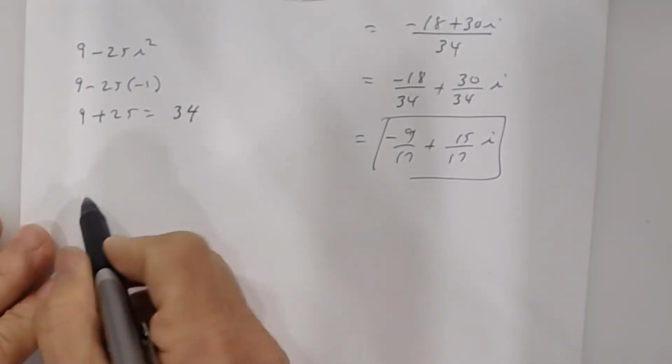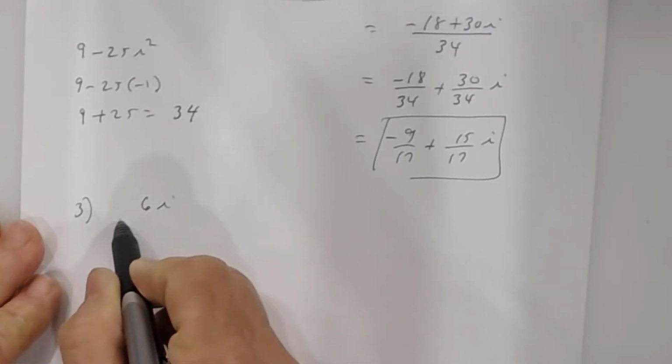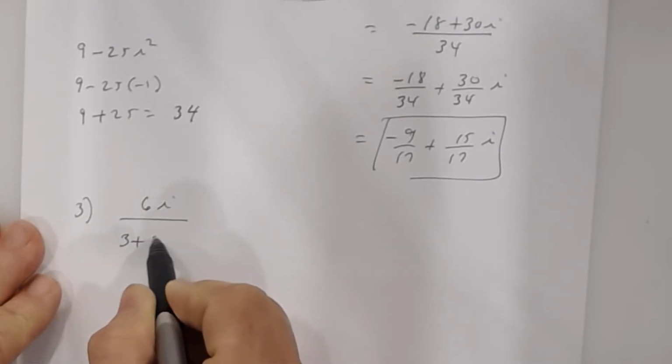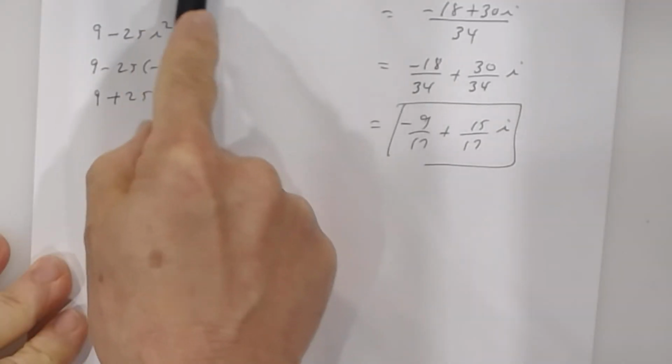Okay. All right. Number 3. 6i divided by 3 plus 2i. I'm dividing complex numbers. The denominator is an imaginary number. I don't want it to be an imaginary number. I want it to be what kind of number? A real number. Okay? So notice that when we did number 2,